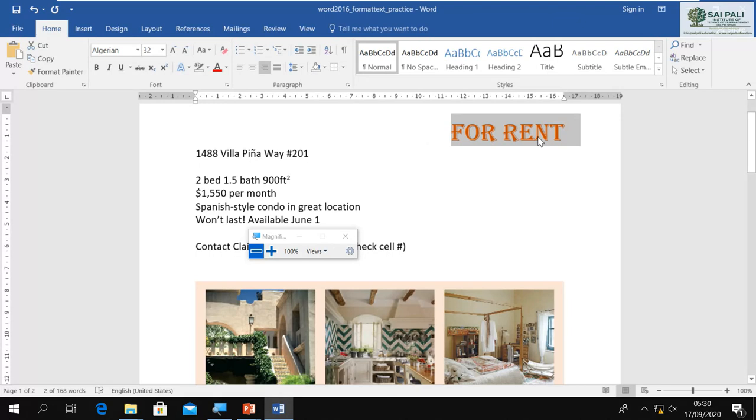So whatever text you have, you can change the alignment option and make it according to your requirement. Like the word which I have here in my document, it is for rent.